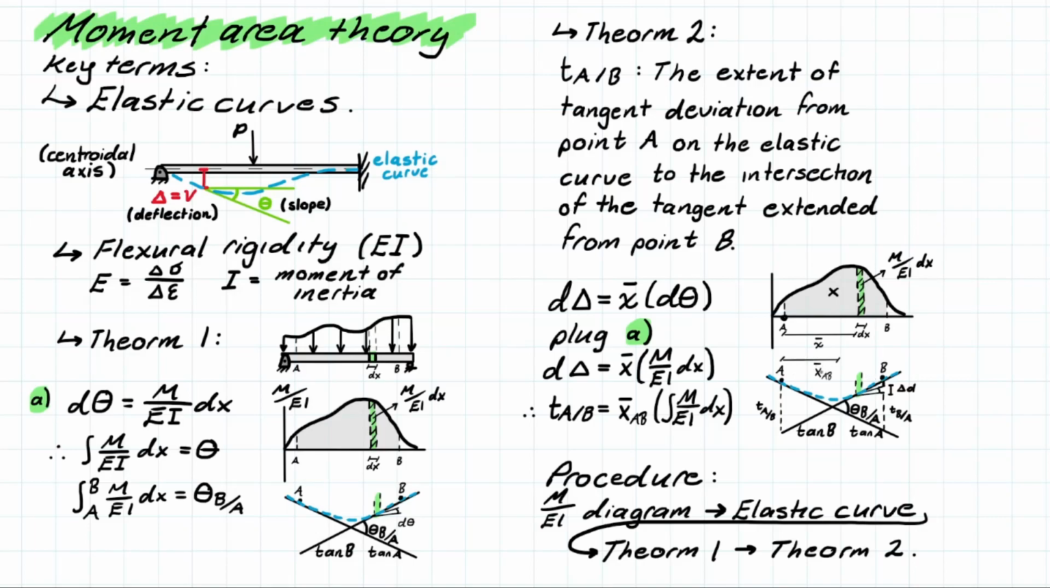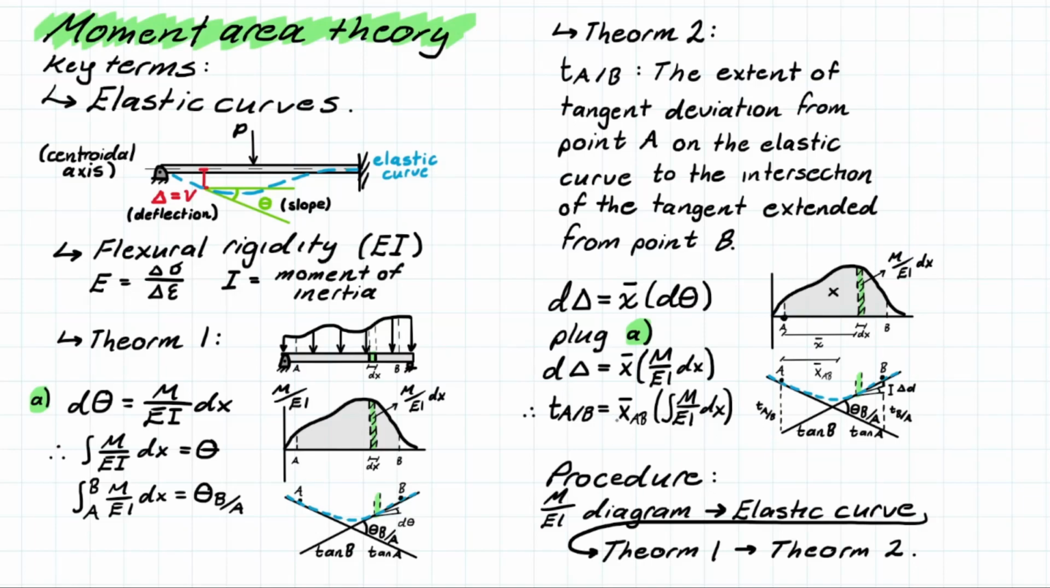We have to figure out what this x is. And since x before was going from point A to the segment, we are now going to be considering A to the centroid of the M over EI diagram. And that leaves us with our final formula,